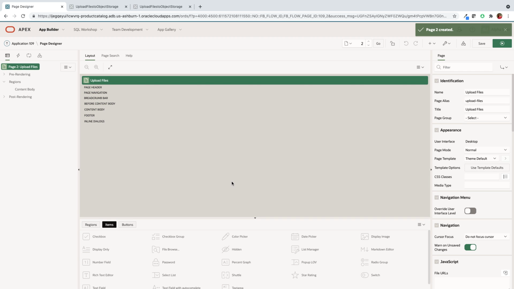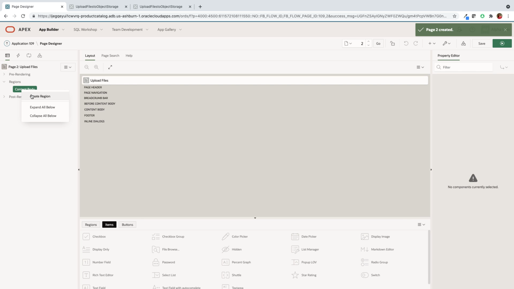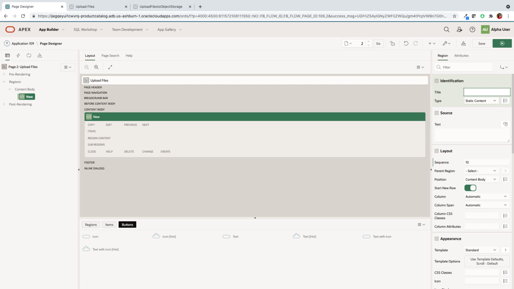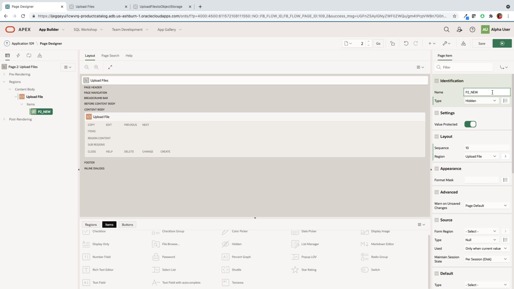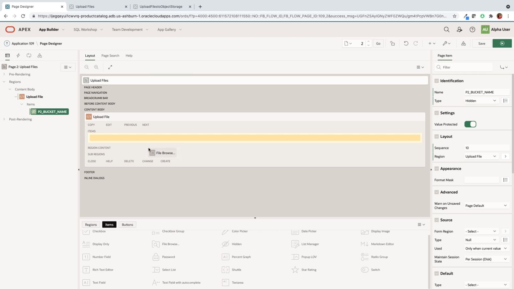Once the page has been created, you can go ahead and create a region within the page. Right-click on the content body and create a new region. Set the title of the region as upload file and then go ahead and add a hidden item inside the region. The hidden item is p2_bucket name, which stores the value of the bucket name being passed from the home